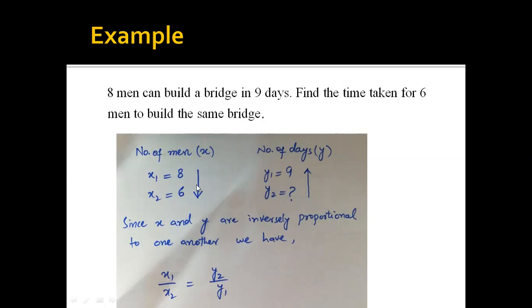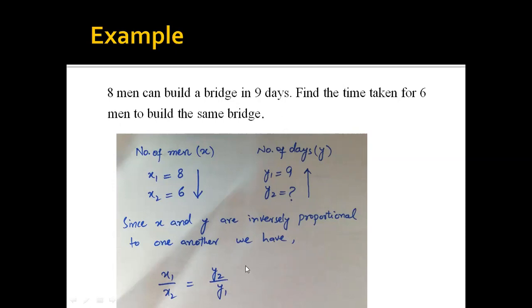Now, as the number of men is decreasing, from here we come to know that if less number of men will be hired, more number of days will be required to complete that bridge. So a decrease in one quantity is causing increase in the other quantity. So the proportion involved over here is inverse proportion. So the equation connecting the variables will be x1/x2 = y2/y1. Now we are going to put the values of x1, x2 and